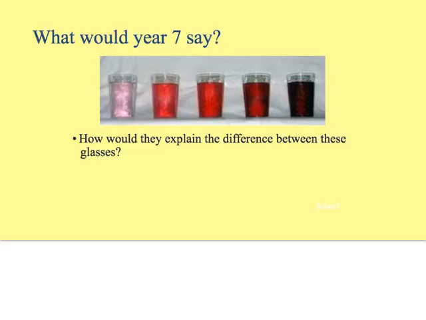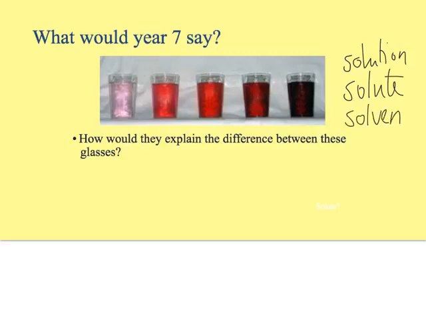So one of the things you learn about in year 7, keywords I'm going to throw at you are solution, solute, and solvent, which are 3 ideas that you learn about in year 7. What I'm looking for in this is that you have, in this cup here, more solute in the same amount of solvent. In this one you have less solute in the same amount of solvent. So what's interesting is the ratio